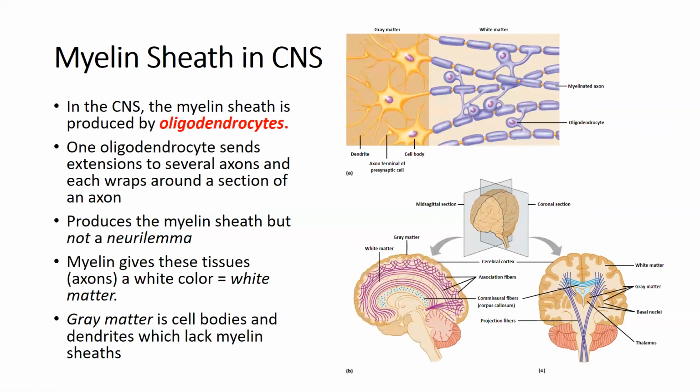Myelin has a white appearance because of the fat component of myelin. It appears white, so we call that white matter. Whereas gray matter is the cell bodies and the dendrites. They lack myelin, and we call that gray matter because it's not myelinated. Right? So if you think about this in this way,